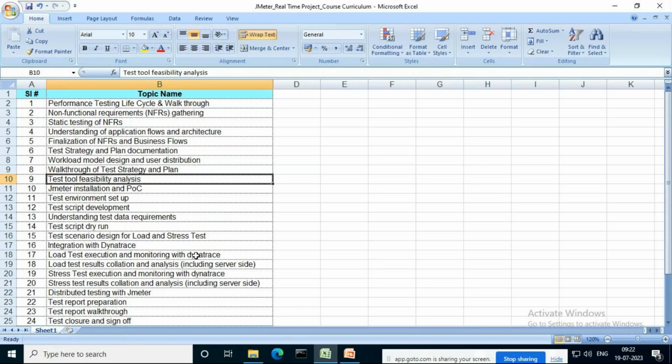For him, some other topics of Dynatrace, but the application performance monitoring will also be required for him, right? So depending on the role, it will determine what you want to learn about Dynatrace. But yes, in this case, we are going to learn about the test execution monitoring, application performance monitoring with Dynatrace, and how to integrate